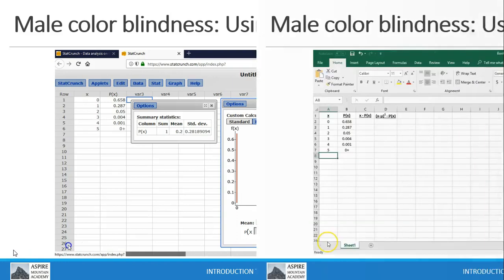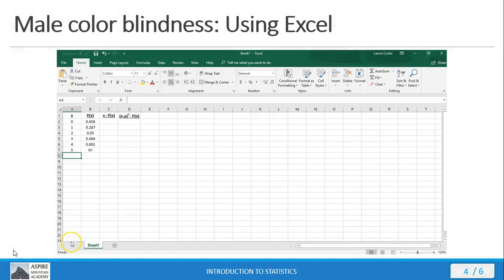Okay, excellent. Now let's check out how to do the same thing in Excel. I've got the same table of data here in Excel, and I'm going to show you how to do in Excel what we just did in StatCrunch. So to check whether this is a probability distribution, all I need to do is first look to make sure